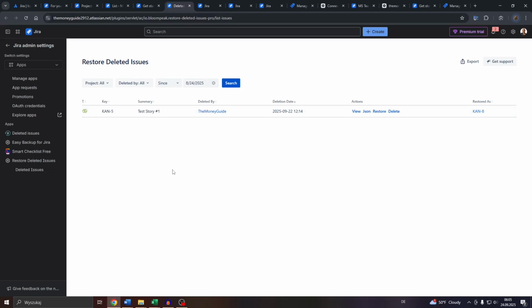Remember, guys, for context, work items and issues on Jira can't be restored without these applications. There is no built-in feature that allows you to restore these work items and issues. So an application like that one here might turn out to be pretty helpful, but it's only one type of